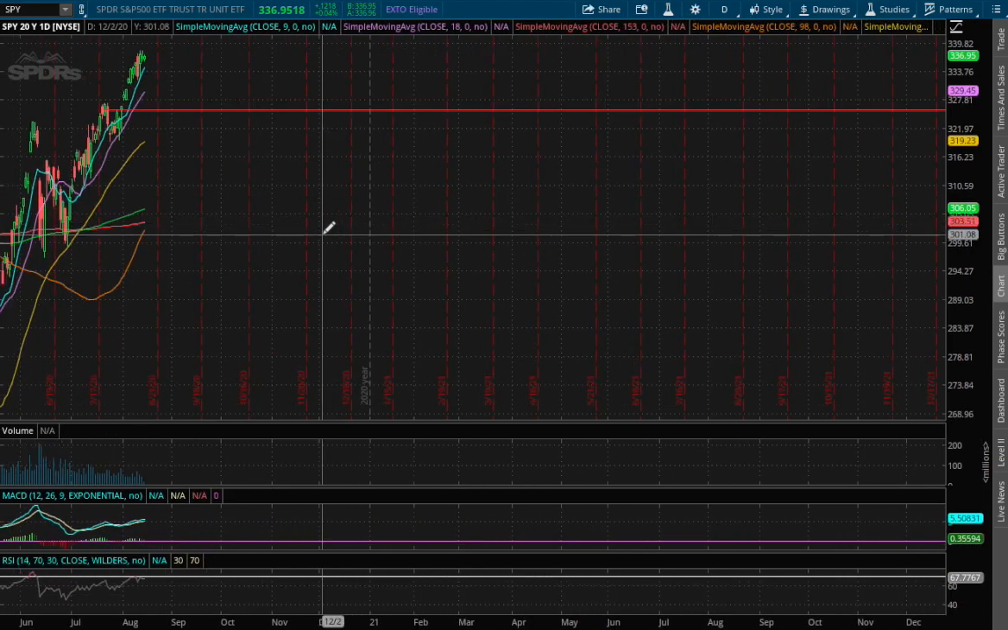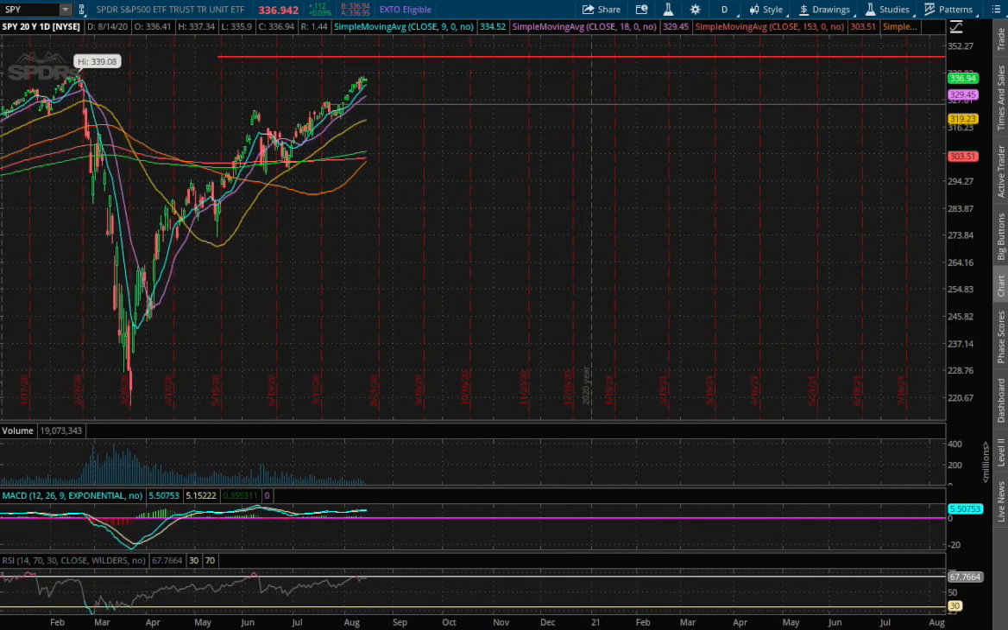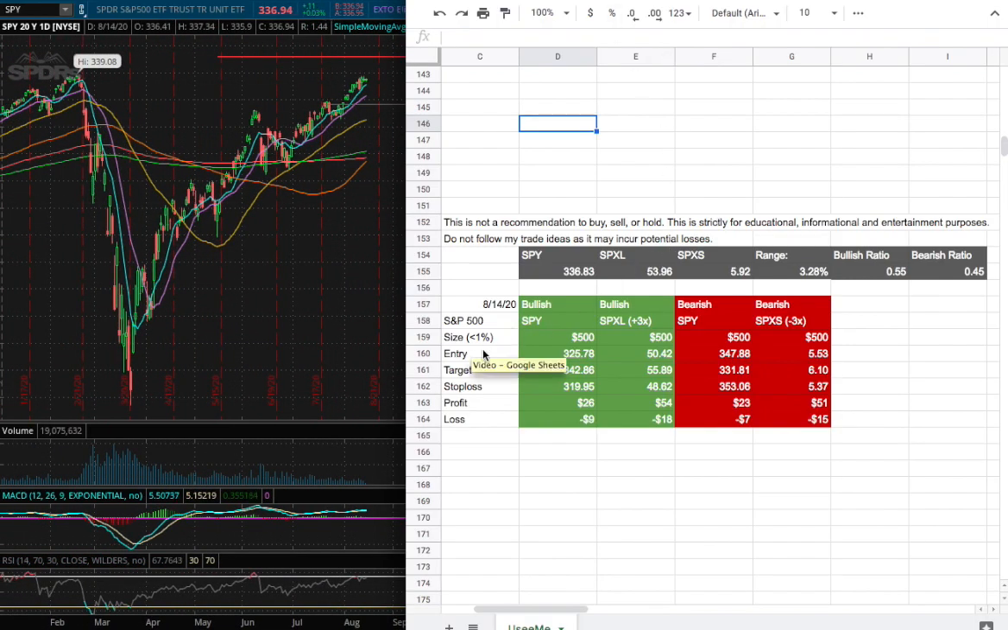So for the trade idea, I would have a position size of less than 1% of my portfolio, and my entry for my long position will be at around $325.78. That is around the range right here where we made previous resistance that dated back to July 22nd. That will be my entry for my long position, and my sell target will be $342.86, and my stop loss for my long position is